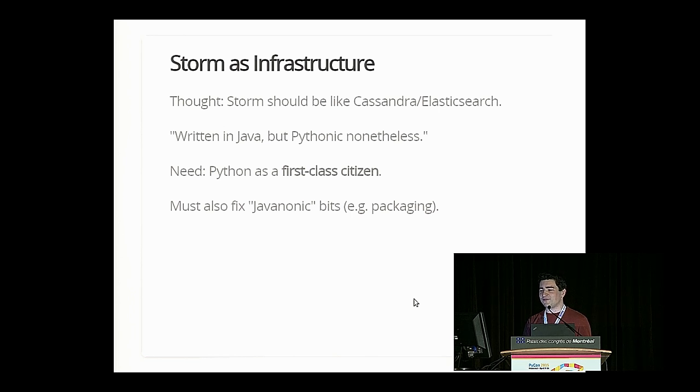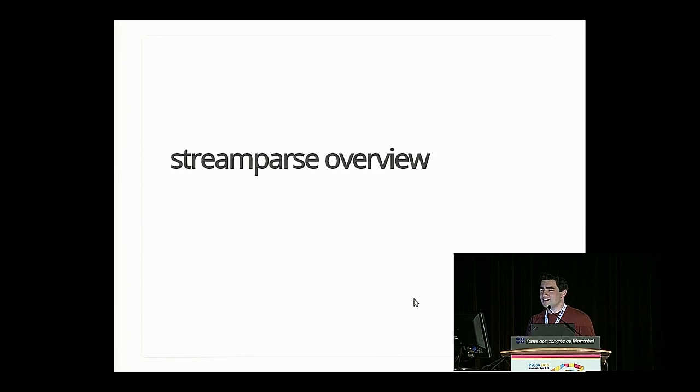And we also want to fix what we're calling Javanonics, which is the fact that unlike Pythonic code, a lot of code has a Javanonic feel where it really is built primarily by idiomatic Java programmers. And certain things like using Maven for packaging seem very familiar in the Java community, but seem very foreign in the Python community. So now I'll dive into streamparse and give you an overview of that as well.